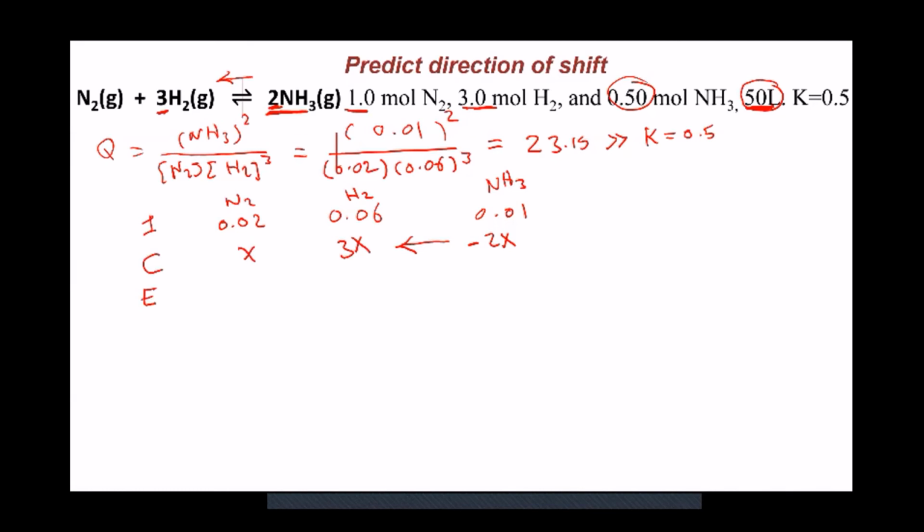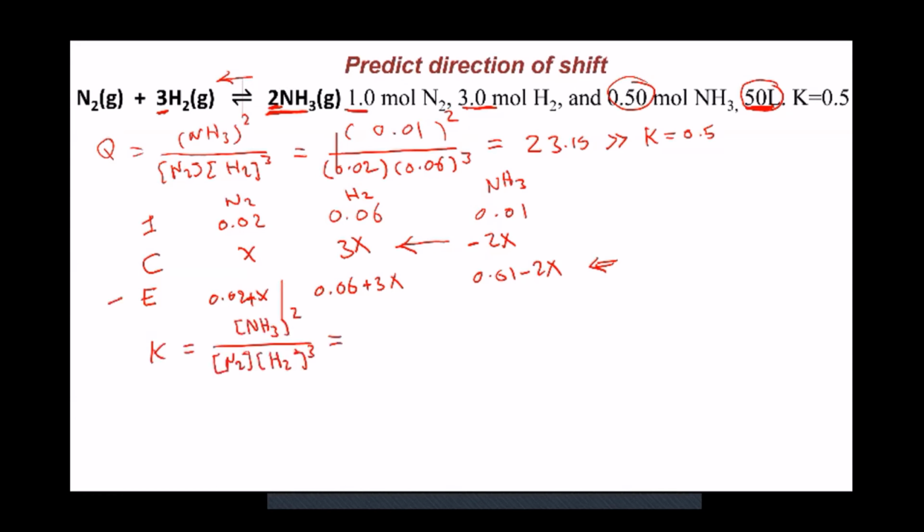And at equilibrium, the concentration of nitrogen is going to be the initial concentration plus a change, and the hydrogen is the initial concentration plus a change. And here it is the initial concentration minus a change for ammonia. And we will use these equilibrium concentrations in the reaction equilibrium constant expression. So it's going to be these concentrations right here. So it's going to be 0.01 minus 2x